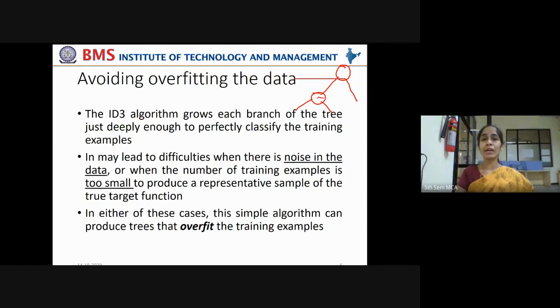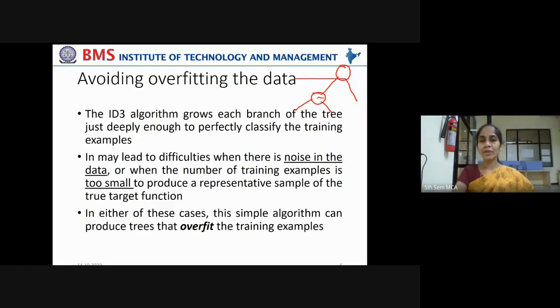In the previous chapter also we have seen, if one unseen example is given, in that case, though its value is yes, it may predict as no, because this combination of attributes is checking for every possible alternative. Whenever it has to be classified as no, it actually classifies it as yes, which is a wrong classification. Correct? In that case, this will result in overfitting of the data. It can't generalize well with unseen data. It can't predict correctly with unseen data.